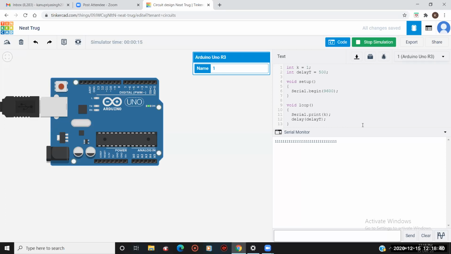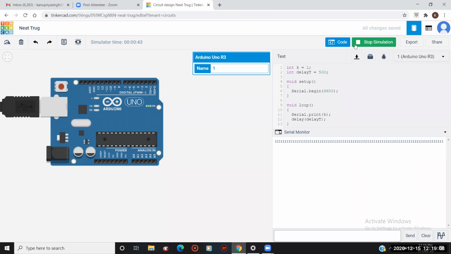Wow. You guys know how to print the data from the Arduino. But here is a problem. Can you see that it is just printing 1 1 1 side by side? It is not going to another line. It seems like it is a very big number, 1 1 1 1 1 1 1, right?